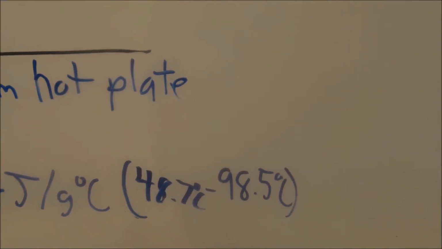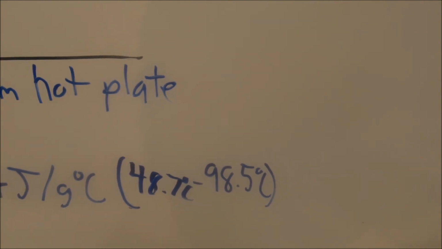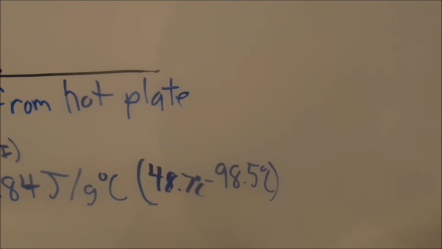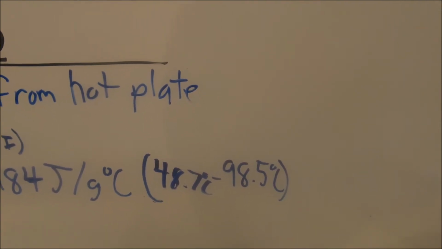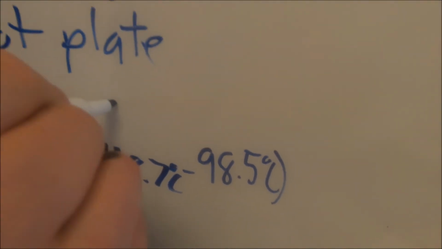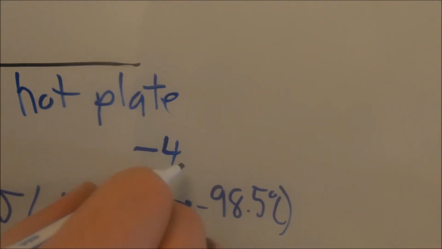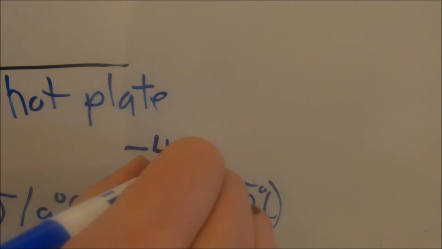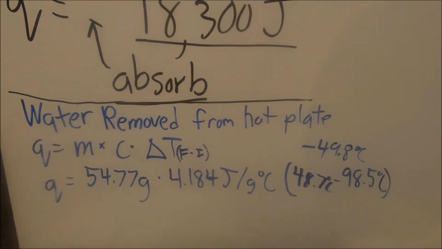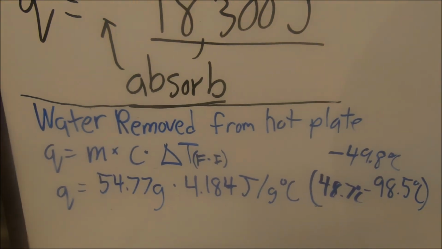So we take that new final minus the initial: 48.7 degrees Celsius subtracted from that 98.5 degrees Celsius, we come up with a negative 49.8 degrees Celsius. So that change in temperature now, when we plug that in,